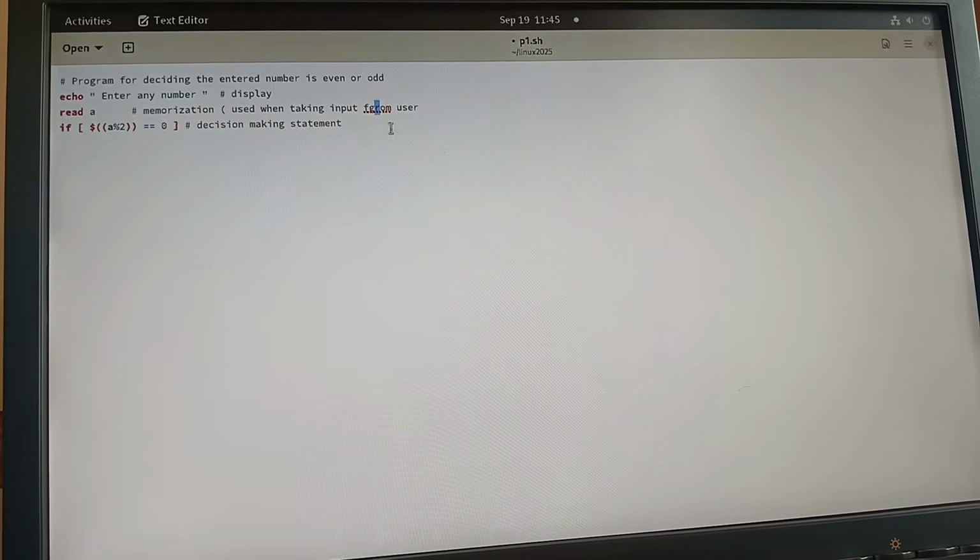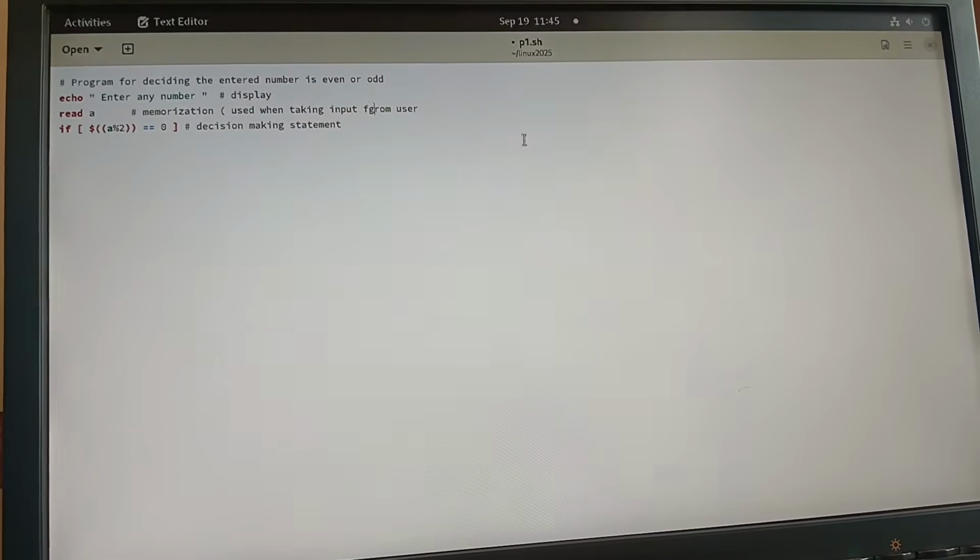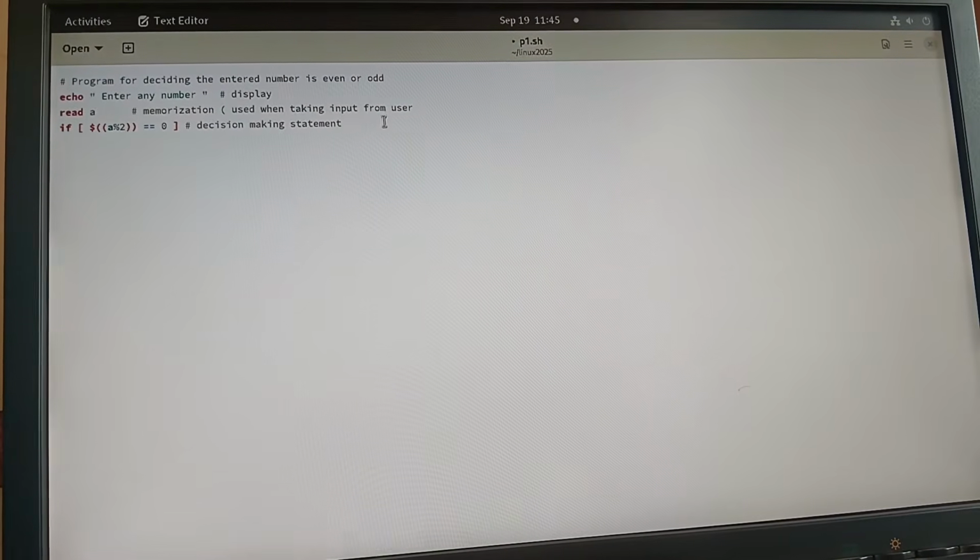Able to understand? Whenever I am taking input from user, I will use read, and the syntax of if in the C language, the general syntax is